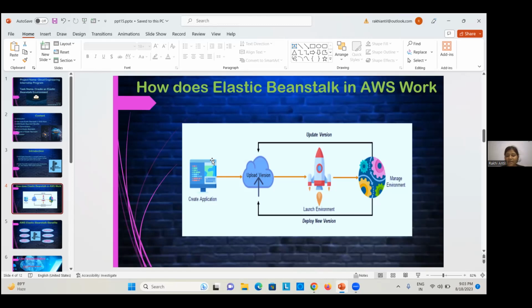It creates and configures the AWS resources that run your code, and after that AWS Elastic Beanstalk manages our environment to deploy a new application version. After that you create and